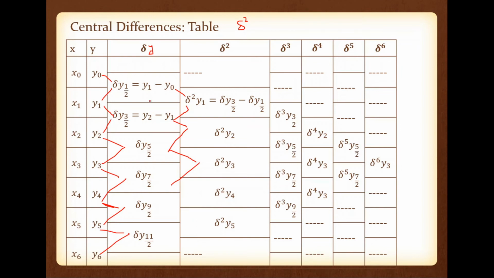So you can see that alternatively, here we have y3, then corresponding to y3 we don't have theta y3, that is missing. Corresponding to y3 we have theta square y3, theta raised to 4 y3, theta raised to 6 y3. So alternatively missing means we have the middle point. So in the next column we have the middle point, so we don't have any data corresponding to y3 in the next column. That is, we don't have theta y3. Instead of that, we have theta y 3.5 and theta y 2.5. Is it okay? So please note that.